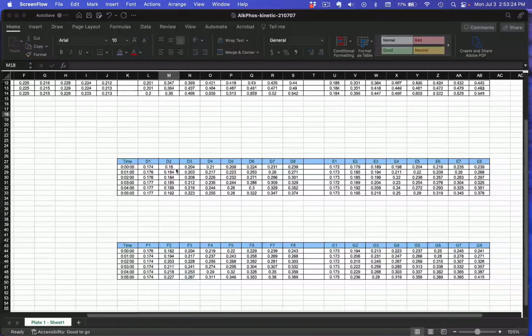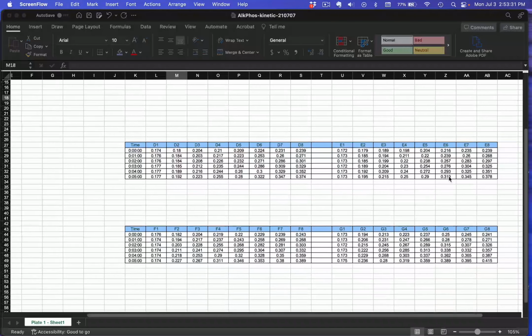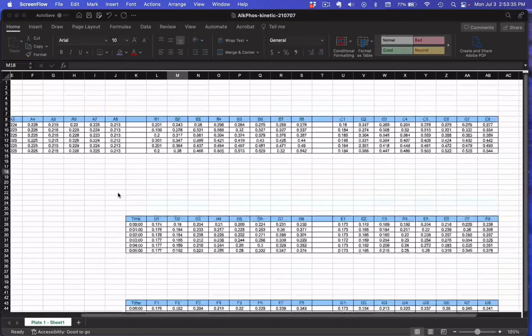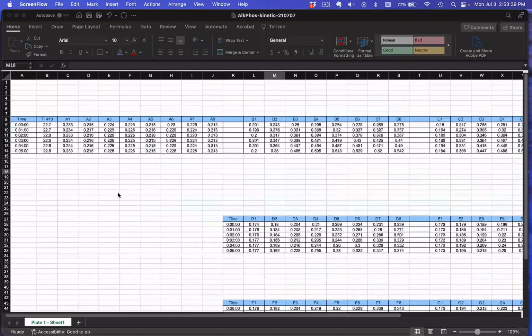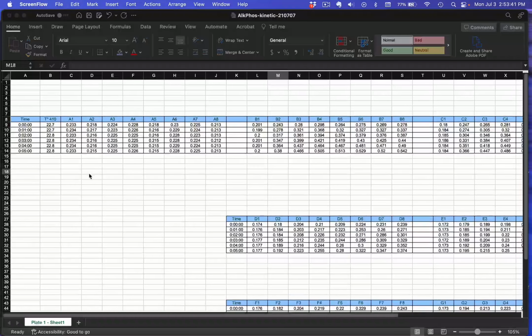Down here for D1 and E1 through D8 and E8, that's your first inhibitor. And then down here we have the second inhibitor. So group everything together according to how you're going to use it, because we need to basically combine what we need together. The other thing that makes this easier is you'll notice that some of these cells,